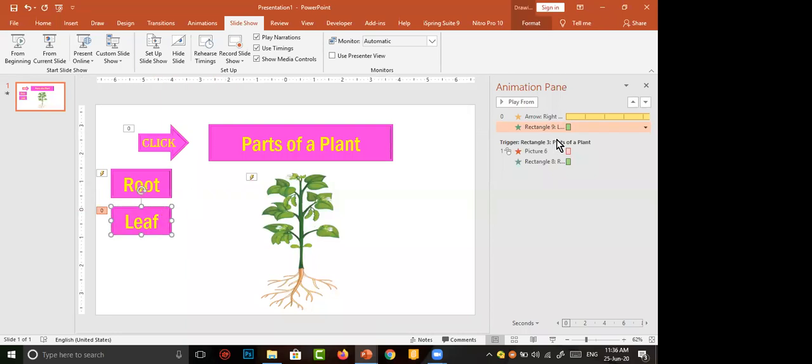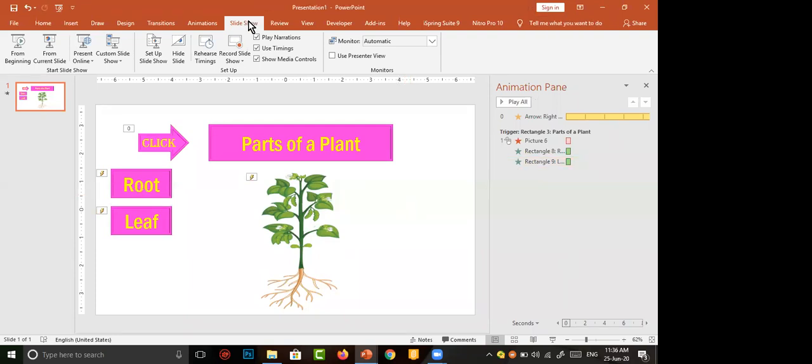The animation is at the top. We have to bring it. When should this animation happen? This animation should happen at the same time when the previous box appeared. Clear?